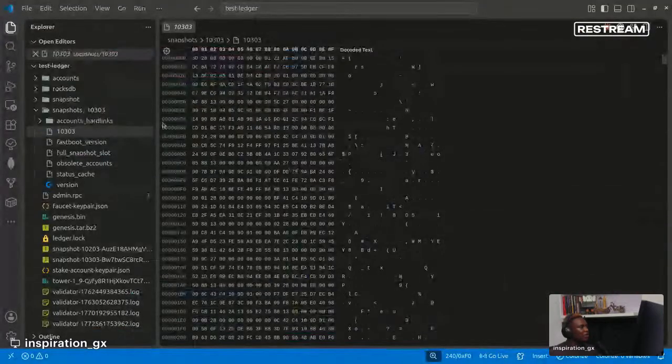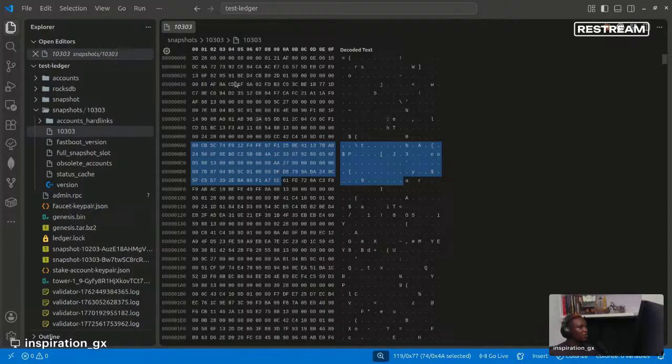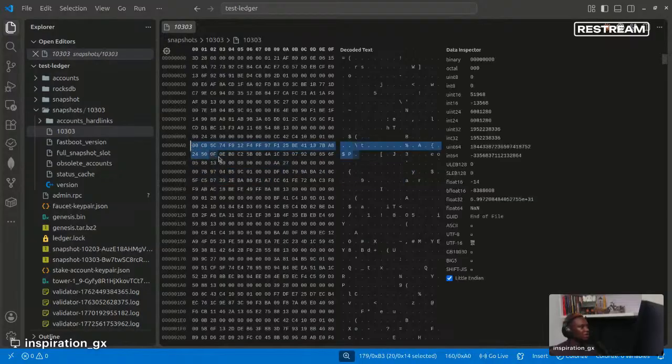So if the account I'm looking for starts at offset 20, 1, 2, 3, 4, 5, 6, 7, 8, yeah, let's start from offset 10. This is where the account starts reading from. Offset 10 is 0, 1, 2. Yes, offset 10 is this. So it starts reading from offset 10 and it reads up to the